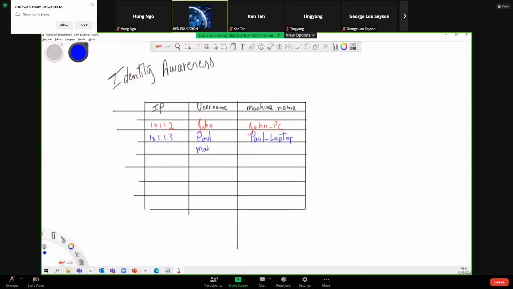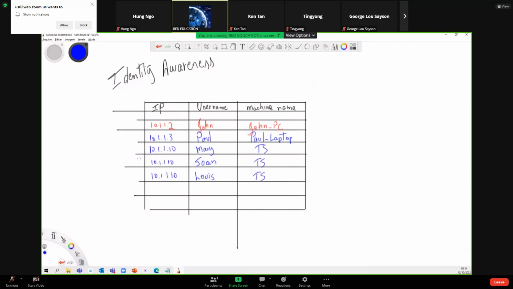So let's say Mary, Joanne, and Louis, all three of them connecting, authenticating in the terminal server, and the terminal server IP is 10.1.1.10. So every one of them would have the same IP. Of course,